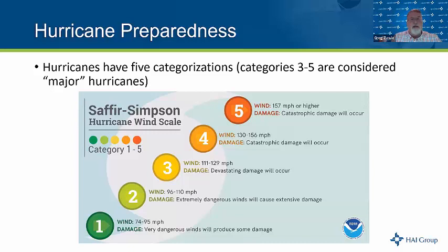Hurricane Katrina had sustained winds of 175 miles an hour. And it hit the Gulf Coast with a vengeance, specifically New Orleans. And everything broke loose. The levees broke, the water came, the winds, and it was just a horrible, horrible, catastrophic